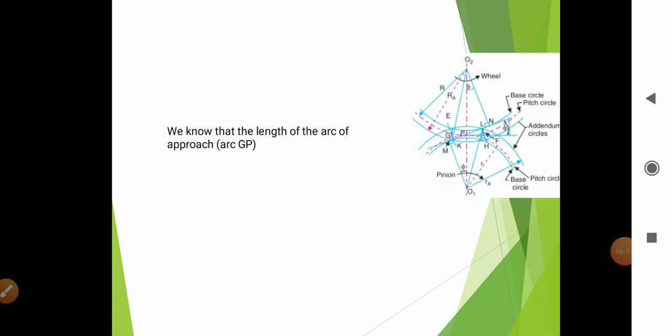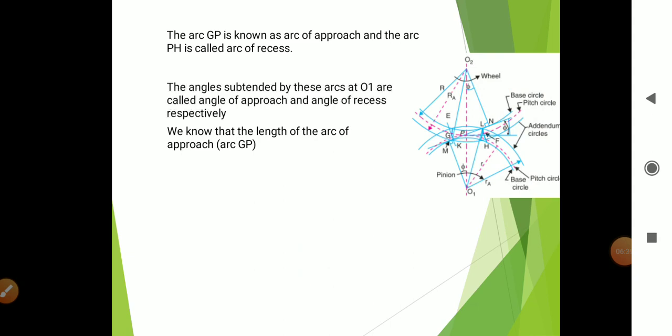So this is the base circle. The arc GP is known as arc of approach, and arc PH is called arc of recess. The angles subtended by these arcs at O1 are called angle of approach and angle of recess respectively. So see here,